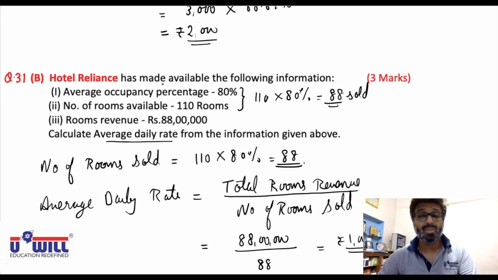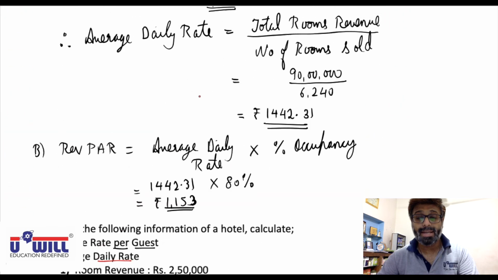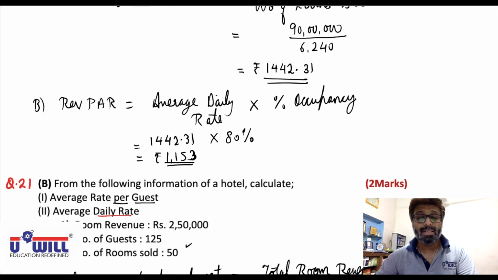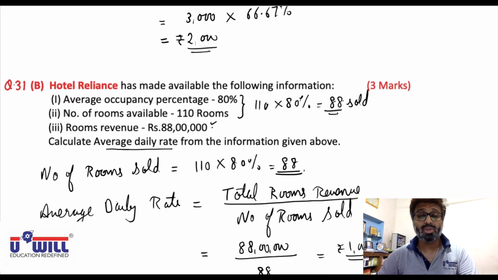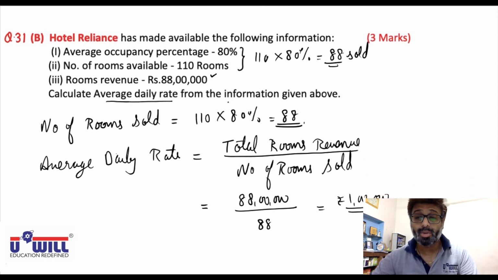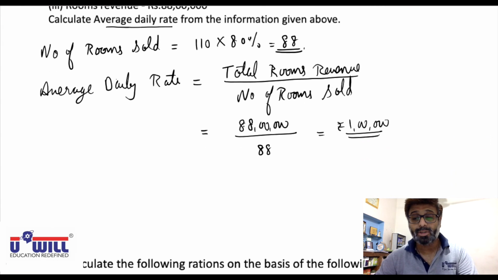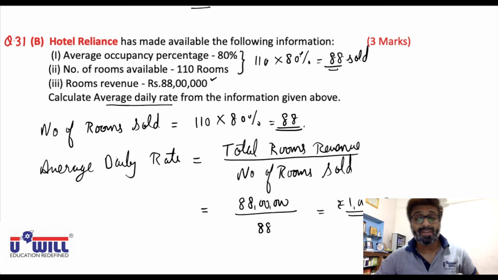Like in the previous questions, if you remember, you have been given this information of 90 days, 65 days. Same way here also it should be given that this room revenue 88 lakhs cannot be of 1 day. So if suppose this room revenue 88 lakhs was for 100 days, then in 100 days 88 into 100, 8,800 rooms would have been sold. And then 88 lakhs divided by 8,800, your answer would come to 1,000. Anyway, right now number of days information is not given, so we go ahead with this answer.